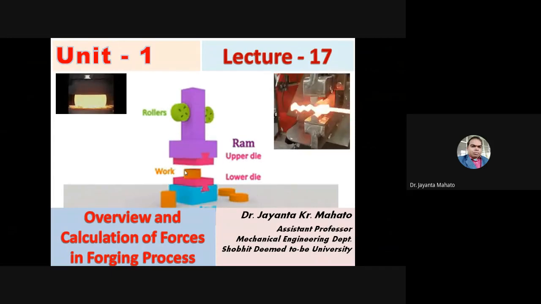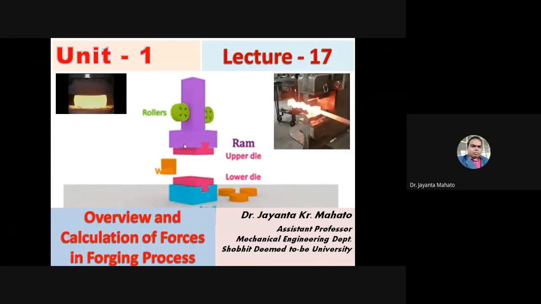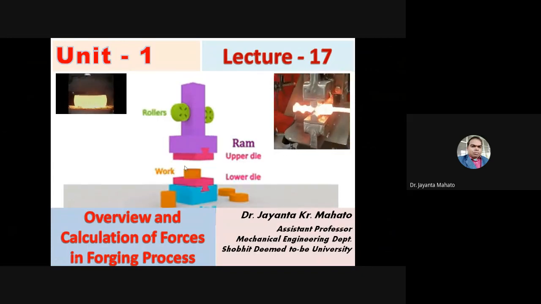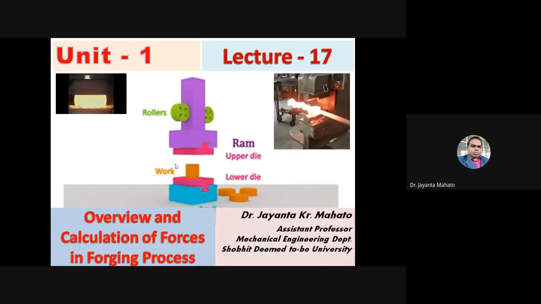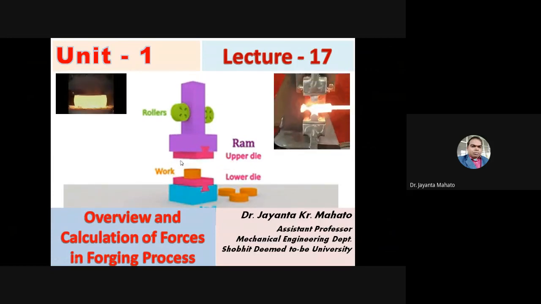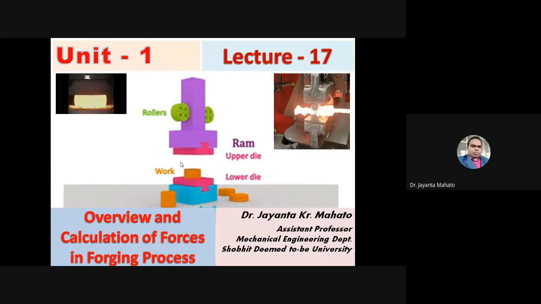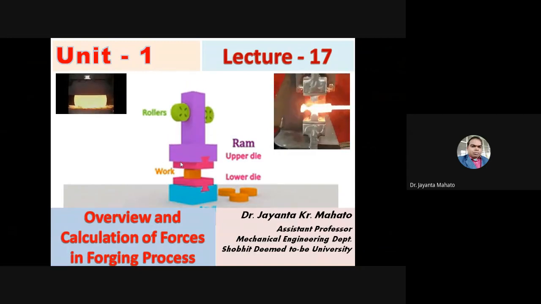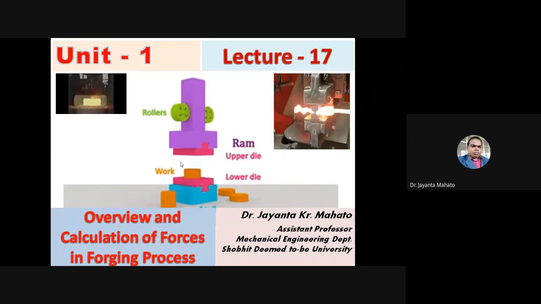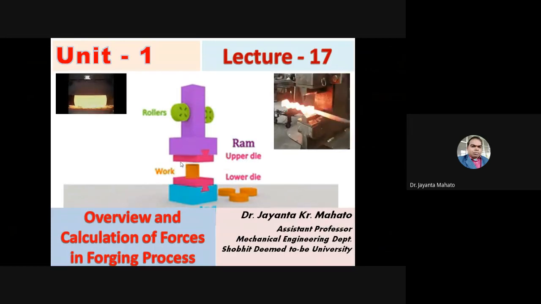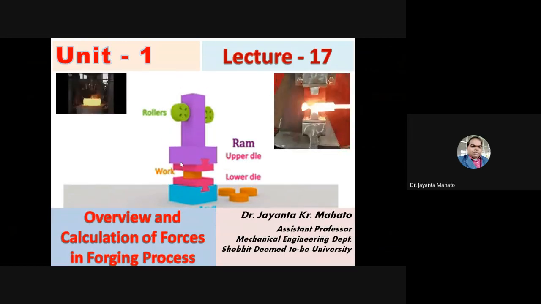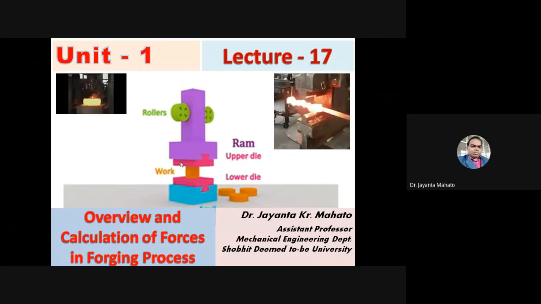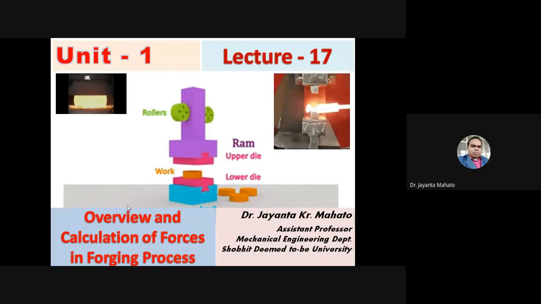In this process, it is not a constant force, but a hammering type of force, and the material gets deformed under this hammering type of force. Both cold and hot forging processes are possible, in cold condition at room temperature and even at high temperature also. So the basic example of the forging process is the blacksmith process.